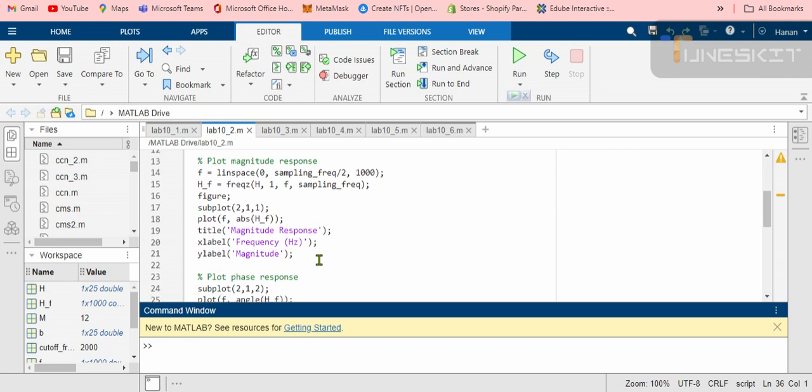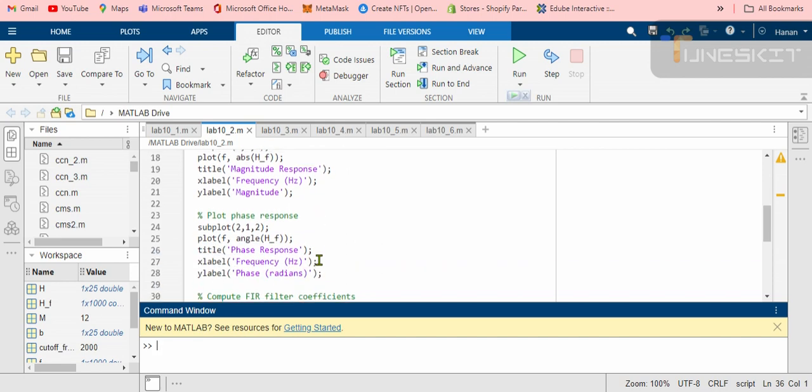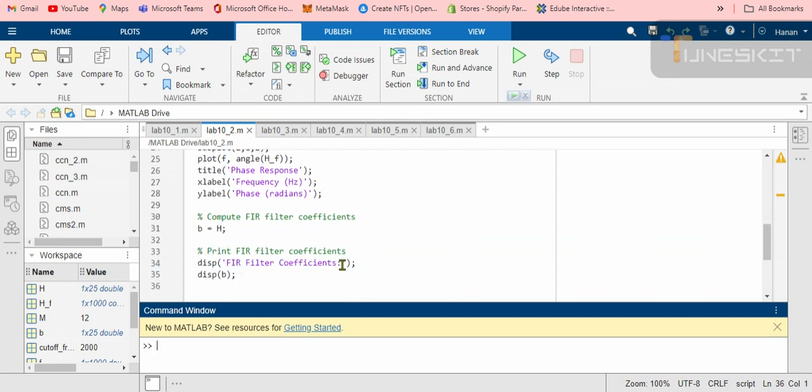To plot the magnitude response, we use the subplot command, plot command, title the graph as magnitude response, then the x-axis as frequency and y label as magnitude. Then to plot the phase response we use the subplot command, then plot, then title this plot as phase response, x label as frequency, and the y-axis as phase in radians.